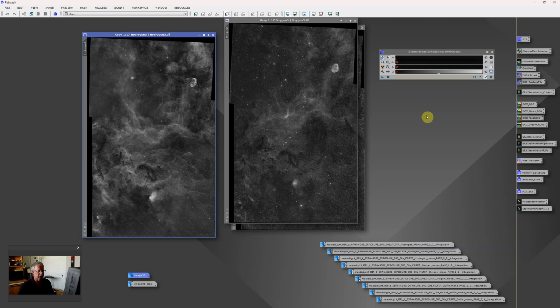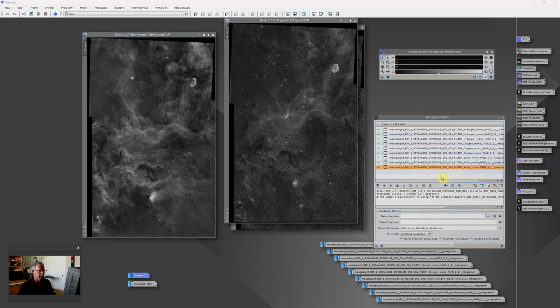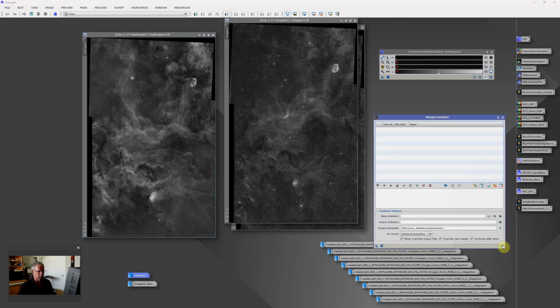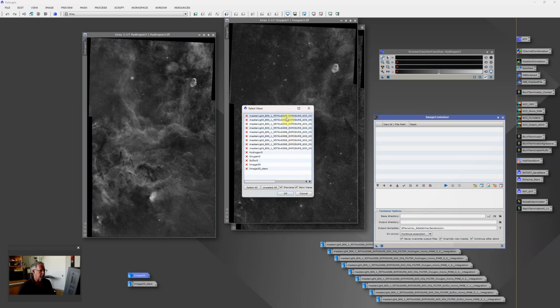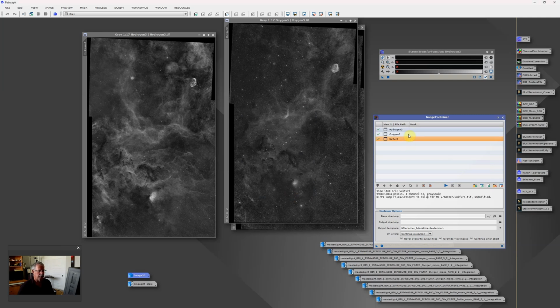And image containers are usually just created as you need them. If I right-click here in the background, I can choose image container from the pop-up window. Typically just reset it, and then I want to add views, and you can see there's a lot of views. These are the files that are open. The ones that I want are the hydrogen, oxygen, and sulfur. I can select those by just double-clicking on each one. Click OK. Now all 3 are selected,